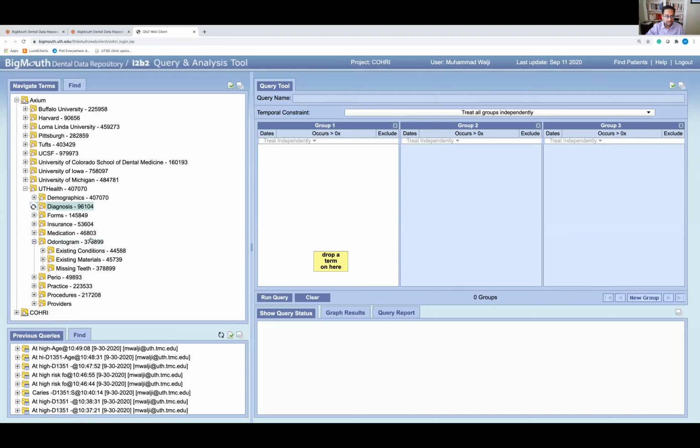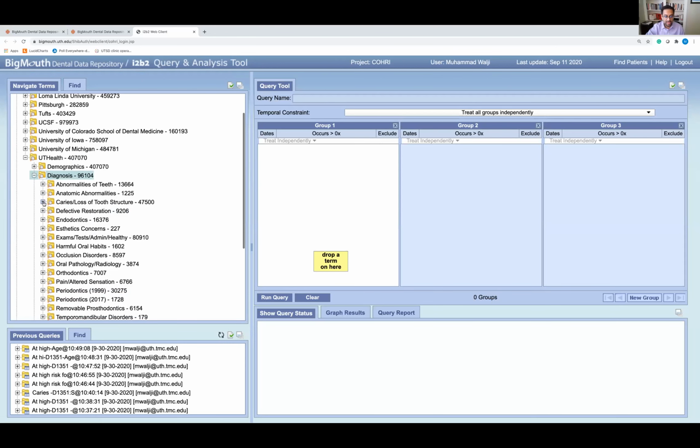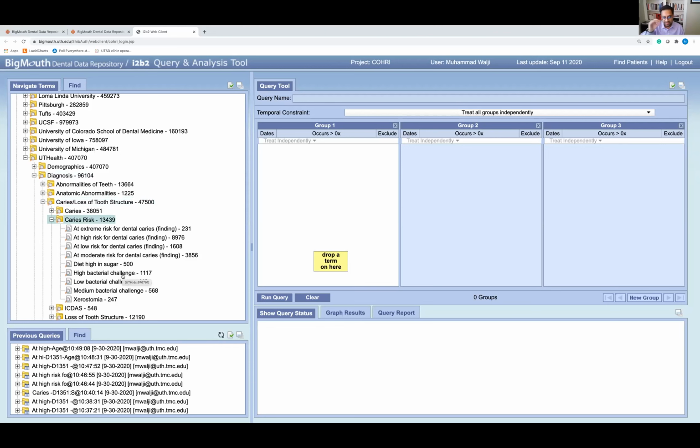So one of the things that, as part of the diagnosis terminology that was developed, we have listed information on caries, for instance. Now, obviously, you can put in a caries diagnosis, but I'm going to show you this. Let's say you are interested in finding the number of patients that we have with a diagnosis of high risk. Now, I know there's debate: is this really a diagnosis or not? The decision was made that we can code this as a type of finding or a type of diagnosis